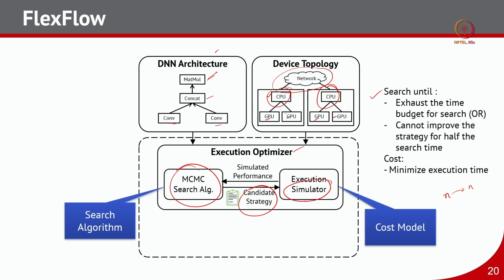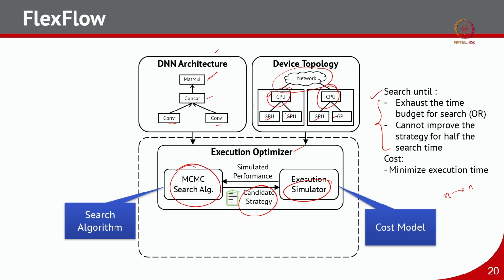That means most likely whatever strategy we have received so far is the best possible strategy, right. So, that is the time limit, or that is the limit of the search, and of course, here